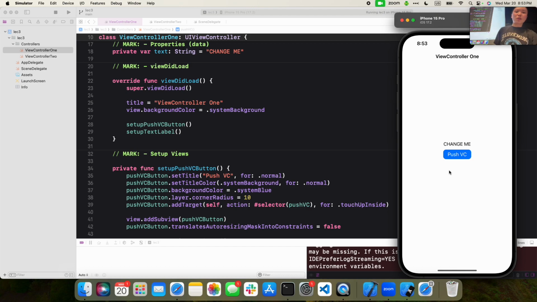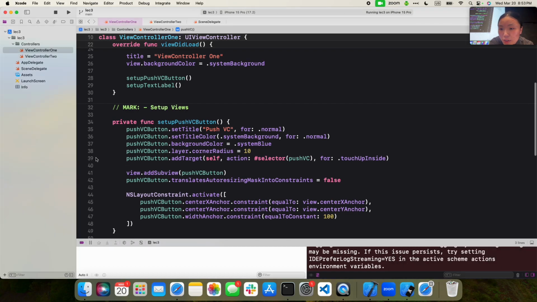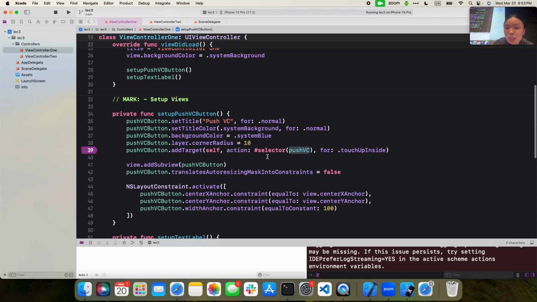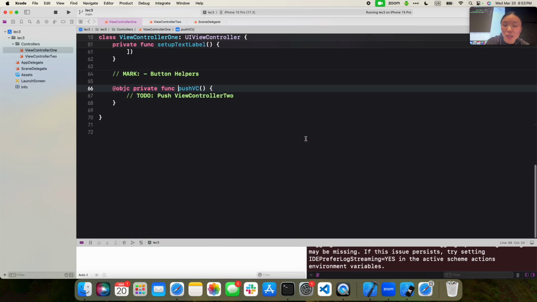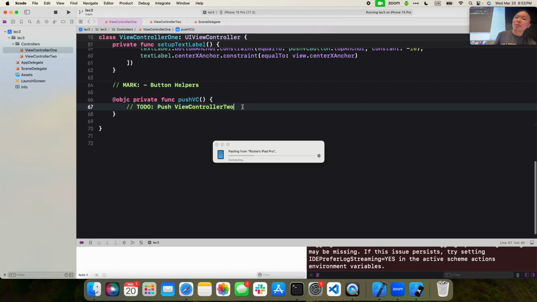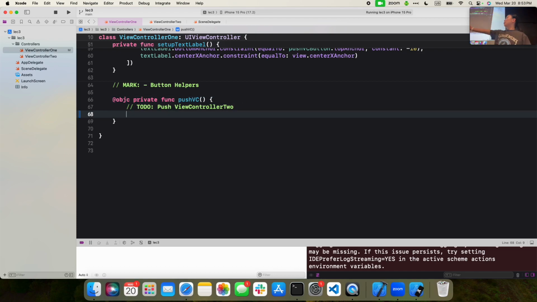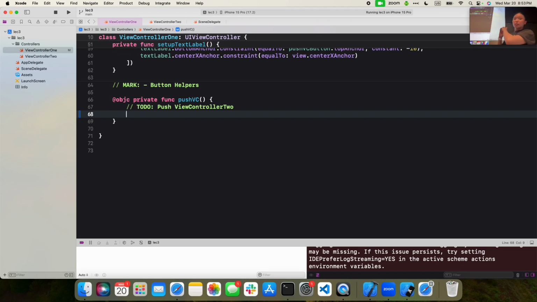If you notice, if I try to hit this button right now, nothing's happening. In this line, line 39, we set this target for our button, and the function that we pass into this argument is the function that gets called when we hit this button. But notice that when I click on this and click jump to definition, it's currently empty. What we want to do here is essentially perform that pushing motion where we push that new view on top. So we're going to first initialize and instantiate this second view controller by creating it with